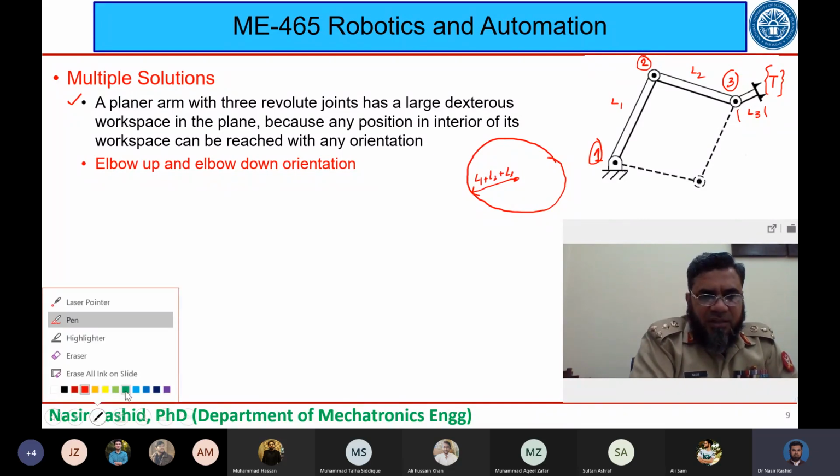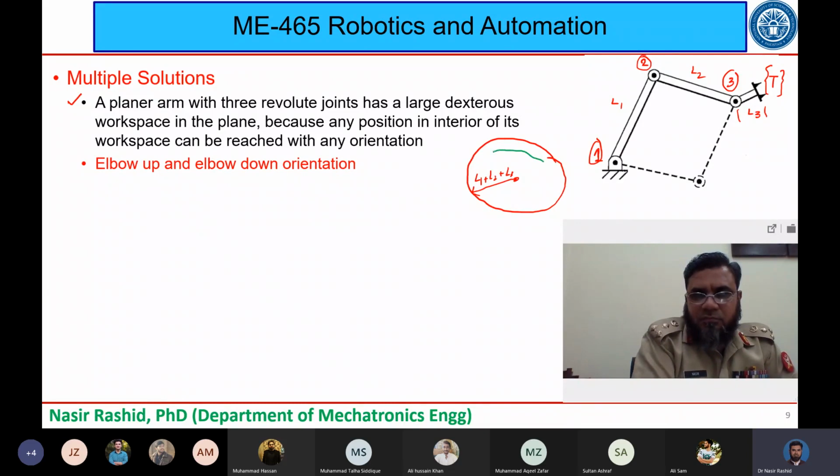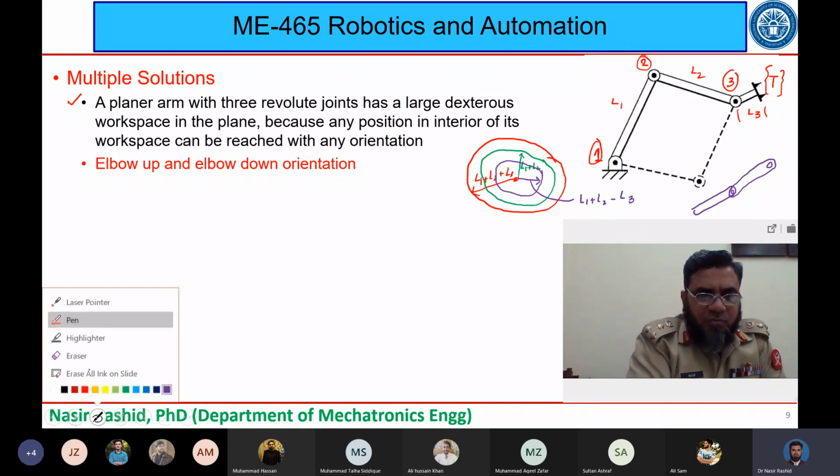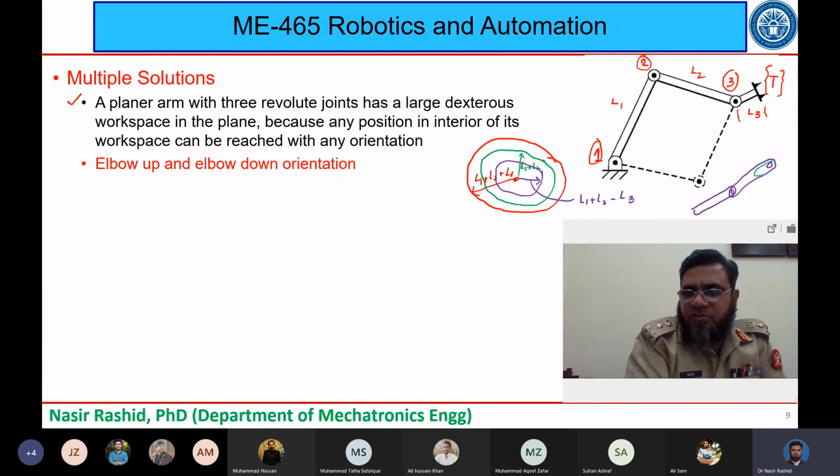अच्छा, अब एक और मैं ले लेता हूं जिसके अंदर लेट मी जस्ट ड्रॉ हियर जो कि L1 प्लस L2 है और एक में L1 प्लस L2 में से L3 माइनस करके एक बनाता हूं। ये वाला विच इज L1 प्लस L2 और इसमें से L3 माइनस कर दिया। तो इसका मतलब क्या हुआ कि अगर मैं इसकी कॉन्फ़िगरेशन को देखूं तो ये मेरा L1 है, यहां से ये मेरा L2 है और L3 जो है वो वापस मुड़ गया हुआ है। सो दिस इज L3।